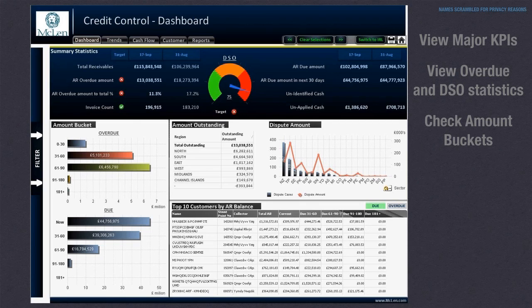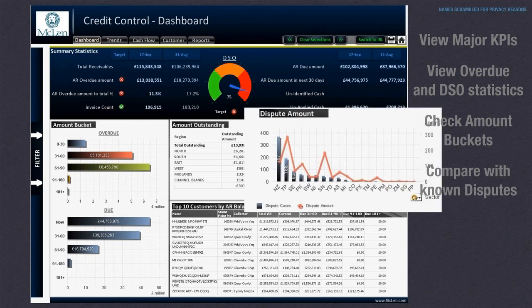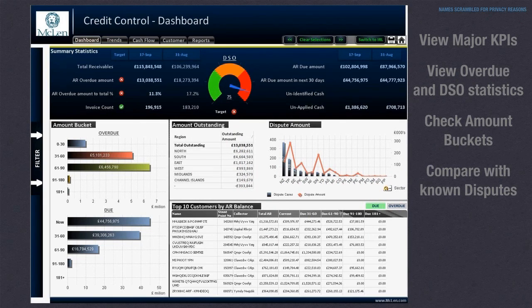With this knowledge, the credit controller can double check these figures for any legitimate delay, such as invoice dispute amounts. Shifting their gaze to the right hand side of the screen, they can see that these chronicled disputes make up only 500,000, and therefore cannot account for the complete overdue amount. Now, with confidence that the only reason for not collecting this money earlier is down to the customers with these